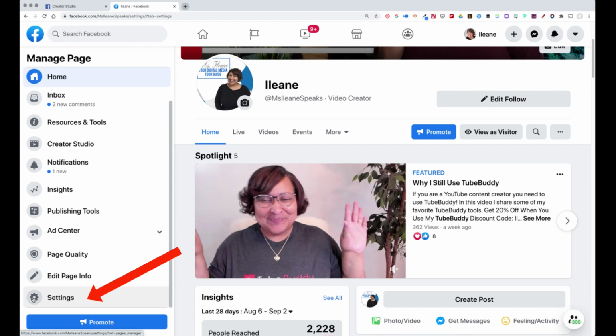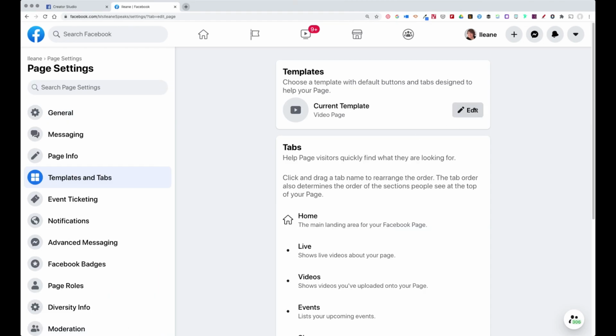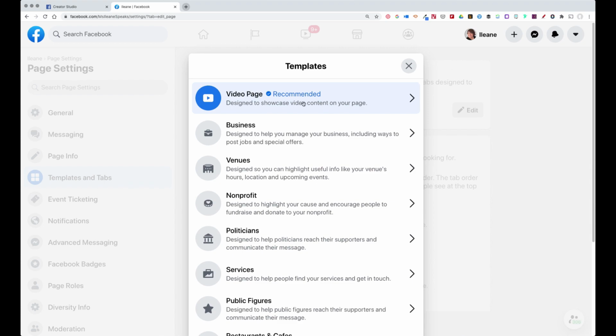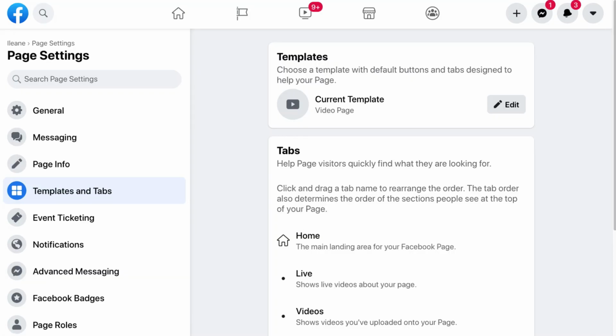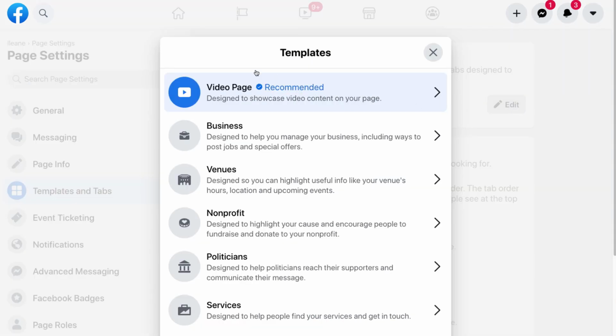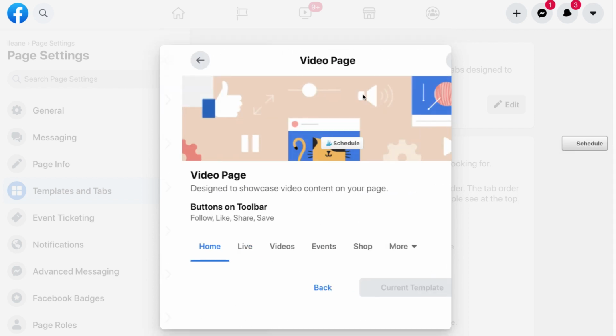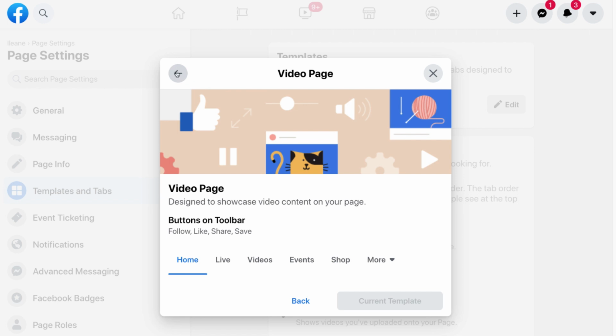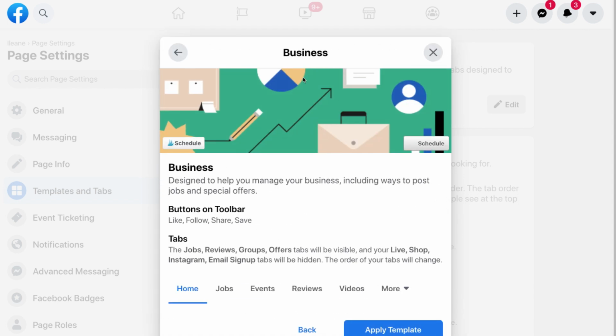Now, let's take a look at some of the other templates that we can use and what they look like in the new Facebook. You just click on the settings cogwheel, then you'll see templates and tabs, and you'll see that you have so many options. The template that I'm using is actually the one that was recommended to me by Facebook, and you'll see that they know I'm a video creator, so that's the one that they've recommended for me to use, which is the video page. But then there's also the business page,